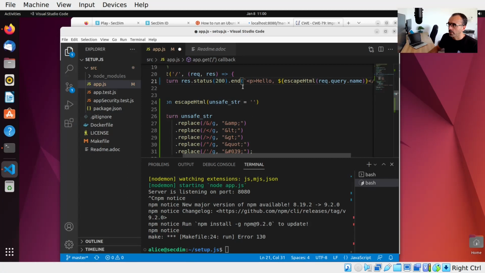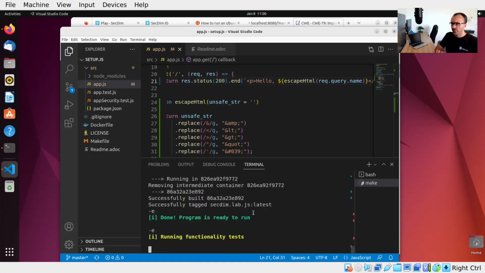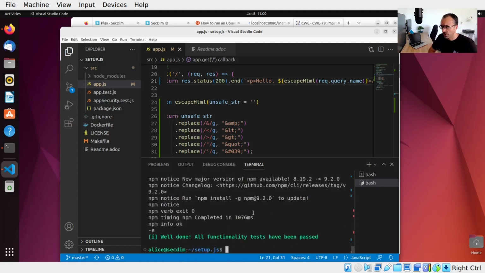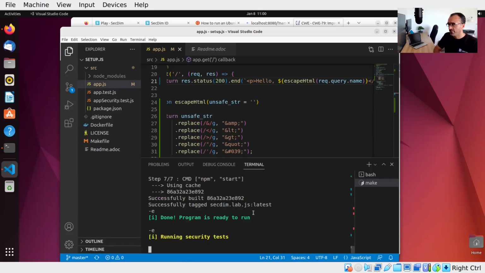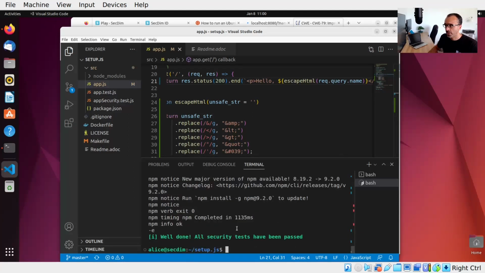And let's save it. And let's run the test again. I always first run the usability test just to make sure I haven't broken anything, and follow with the security test. If I have done everything right, this security test should pass. As we can see, it has passed. Before I push these changes to get the score, let's just see what the program now does. So if I run it